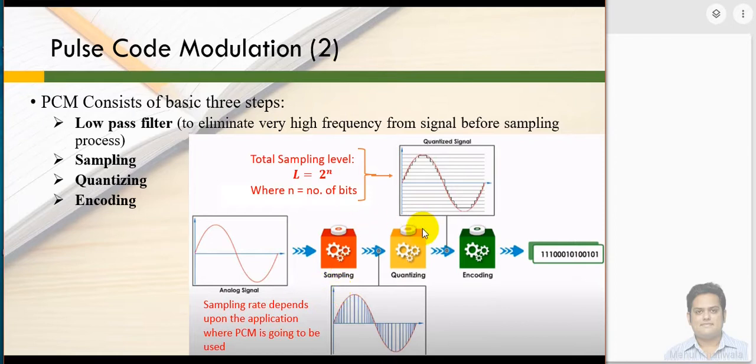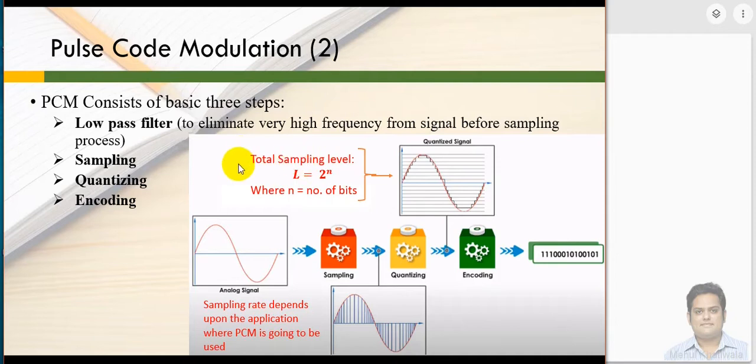Now in the second step, you are performing the quantizing criteria. So this is the second step of quantizing, where you are going to define the sampling level. Fine. So this is how you can define the sampling level. As you can see here, I have defined all these levels horizontally. So now this is what you are doing in quantizing the signal.